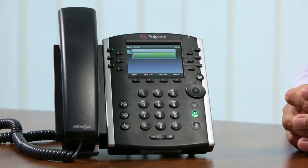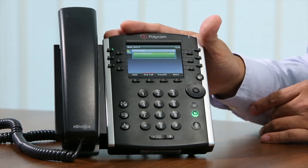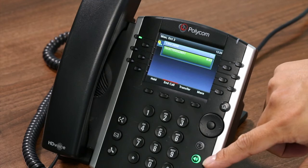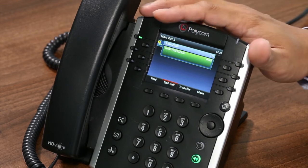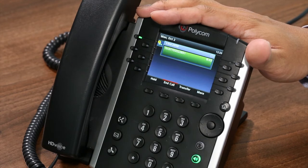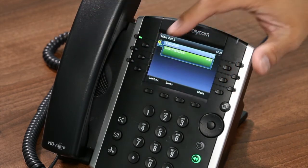Next in-call function we're going to demonstrate here is the conference facility, multi-way conference. So in my example here, we have a live call on speaker, and I'm acting as a GP in a live call with a patient here. What I'm going to do is conference a specialist consultant in, so we can have a three-way conversation. To do this, I press more, press conference here,